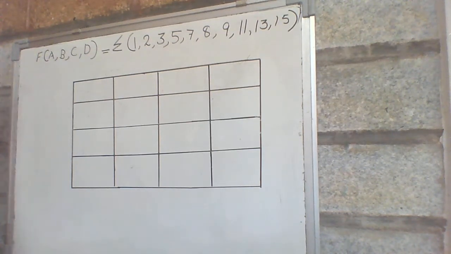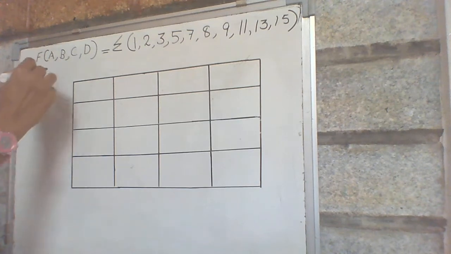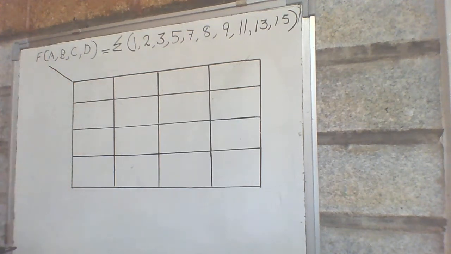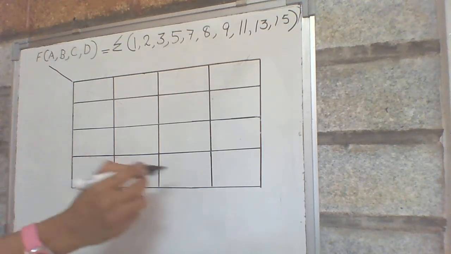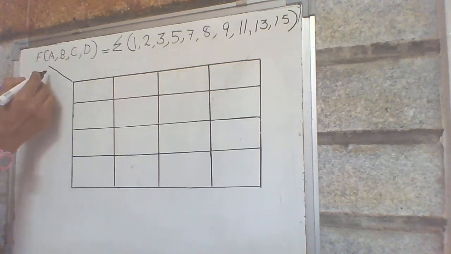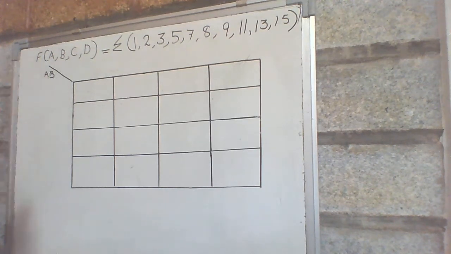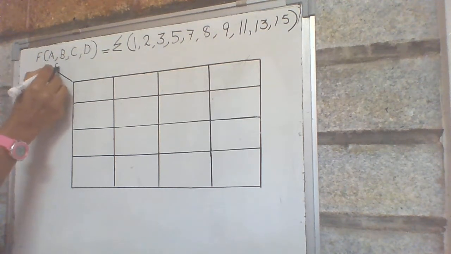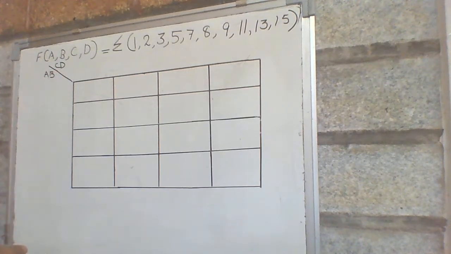So you have to draw a K-map with 4 variables, a 16-cell K-map. We need to represent 0 to 15 in this K-map. Draw the K-map like this with one slanting line. Below the slanting line are the variables A and B, and above the slanting line are the next two variables, C and D.